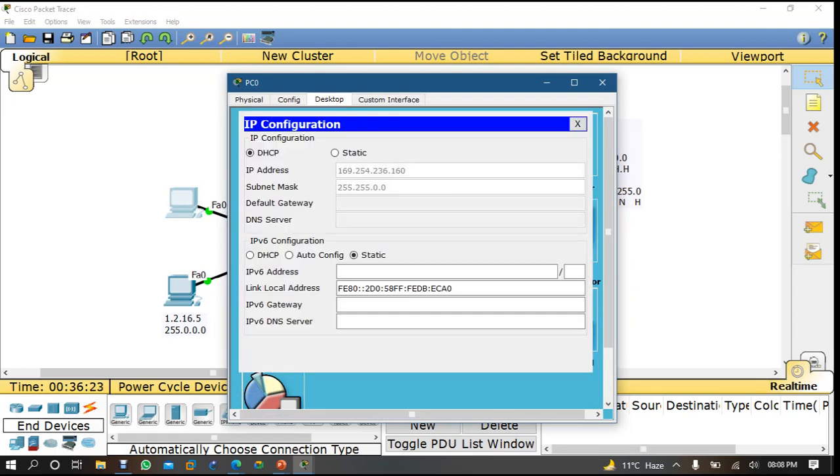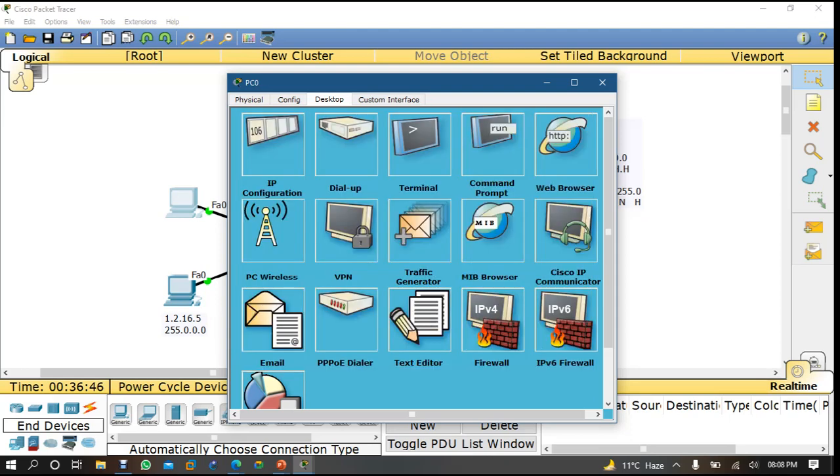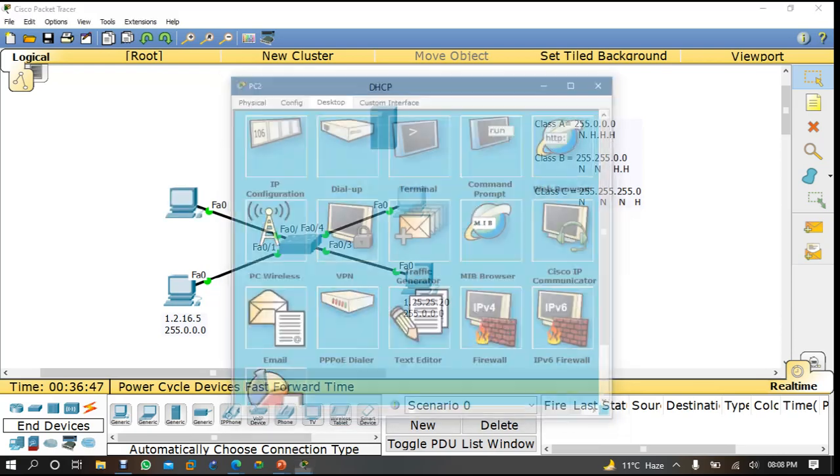See here, automatically it generated some IP addresses, right? And this IP address range is known as APIPA. See, "DHCP fail, APIPA is in use," right? It's being used. So this IP address is an APIPA IP address. Automatically your computer will generate an IP address from the APIPA range. And see, this IP is also APIPA, and this is also APIPA.